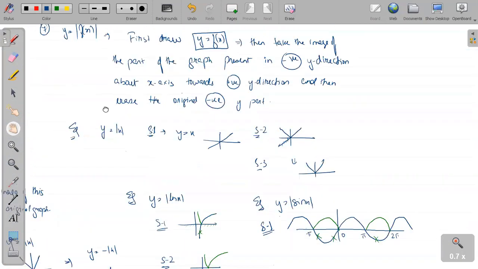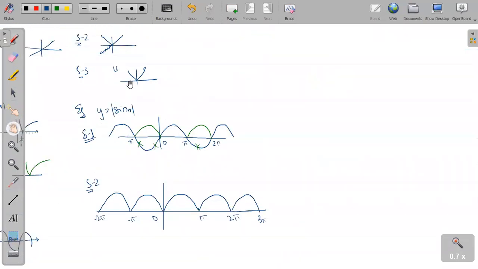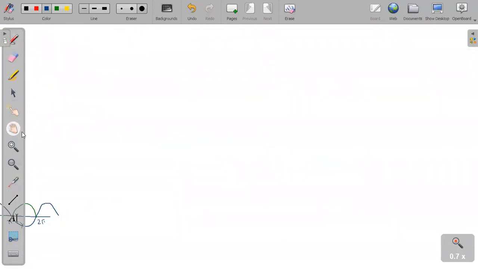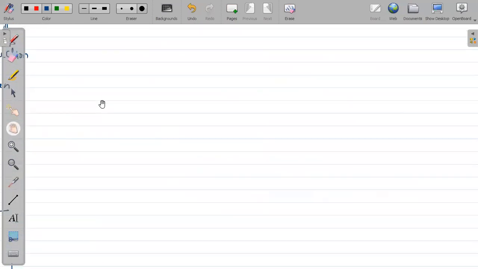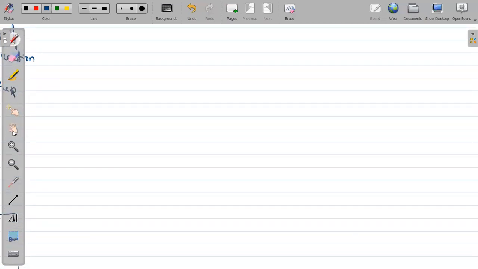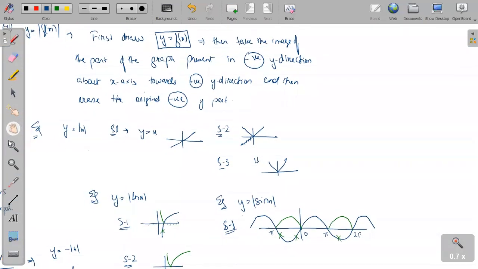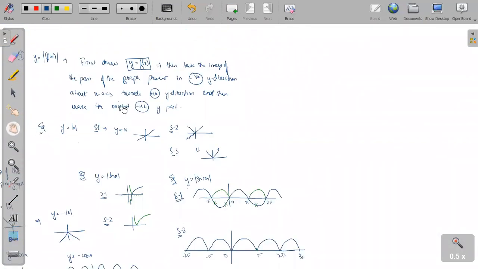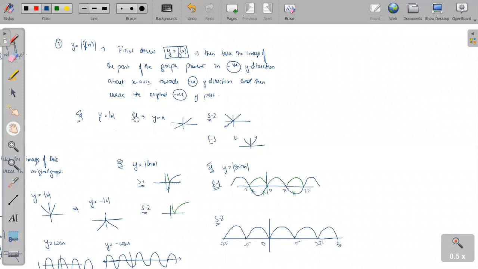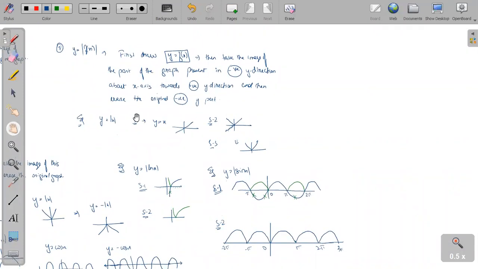So these are the examples of point number 7. Point number 8, let me write point number 8. Any doubt in point number 7, you can check it out. Just go through it once. I'm giving you 2 minutes time. Just go through point number 7, everyone. Very nicely go through point number 7 and check whether you are having doubt or not. What steps I have followed, you have to follow the steps only.